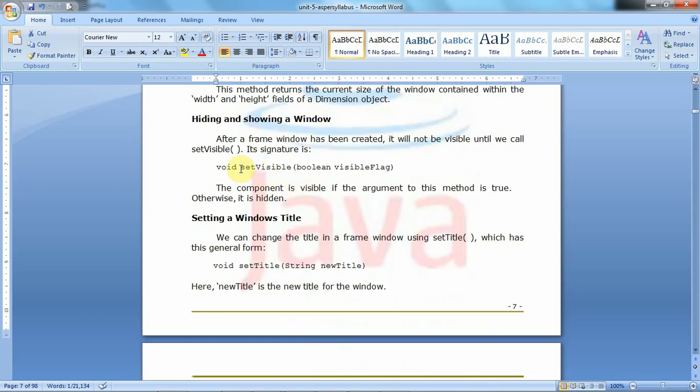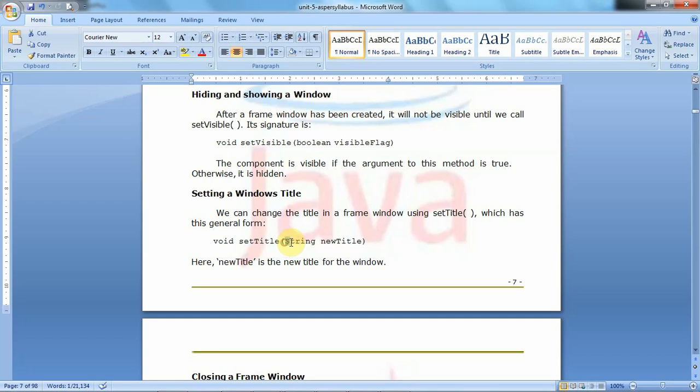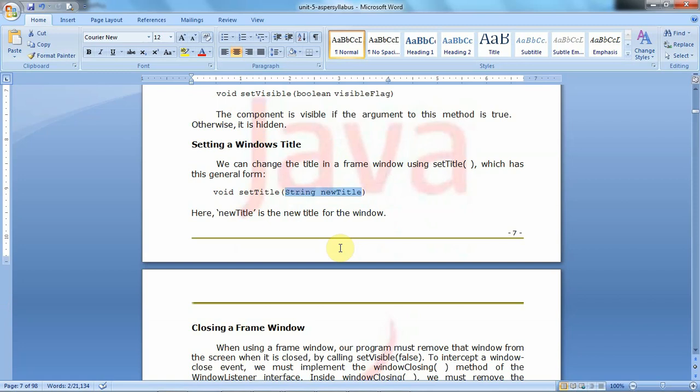Then the next one, the set visible method. We need to make the boolean value true to make the frame window visible to the user. Then for setting the title for the frame window, we have set title. We need to give some title. In the earlier example we gave my frame window, like that.